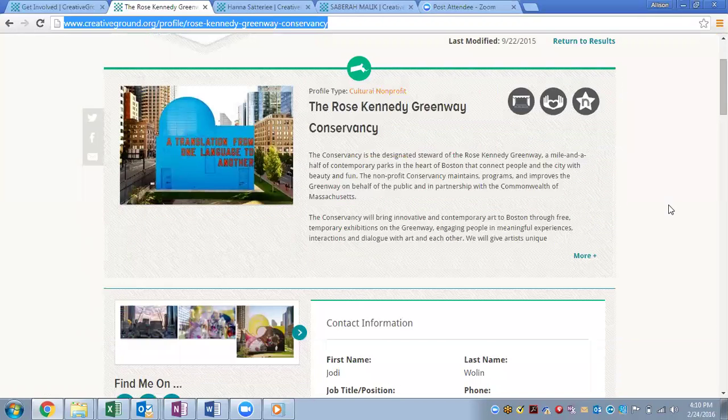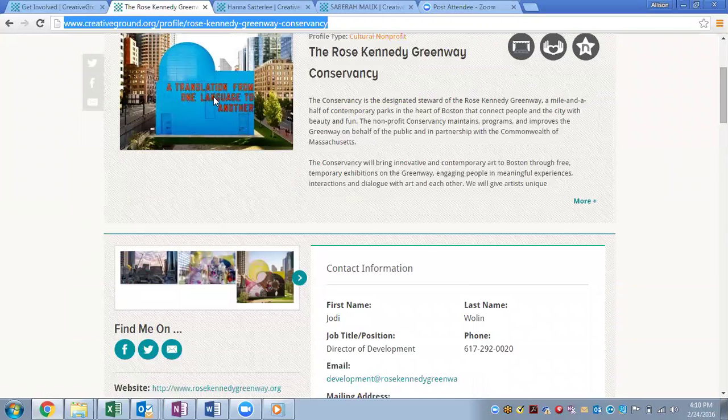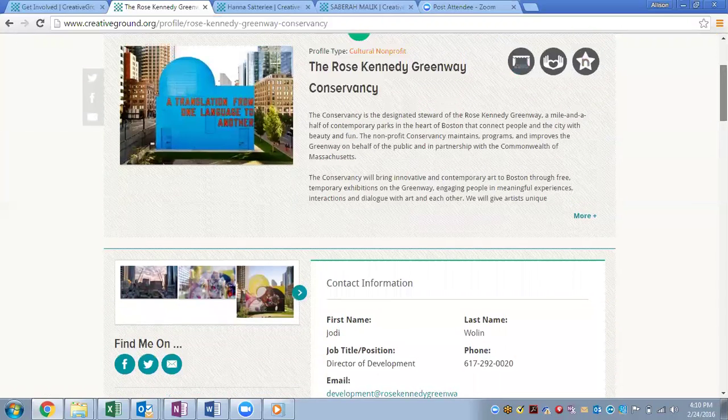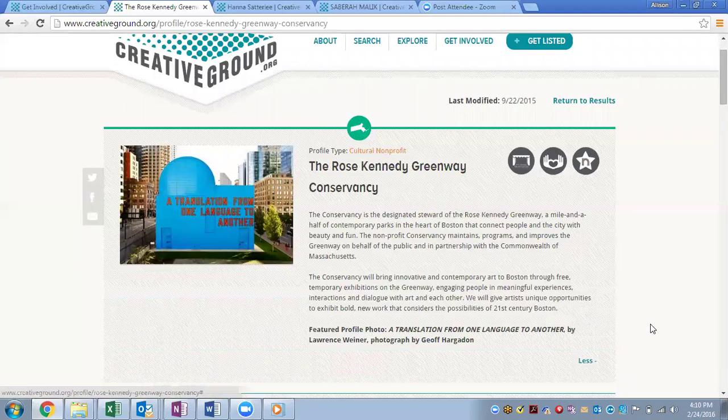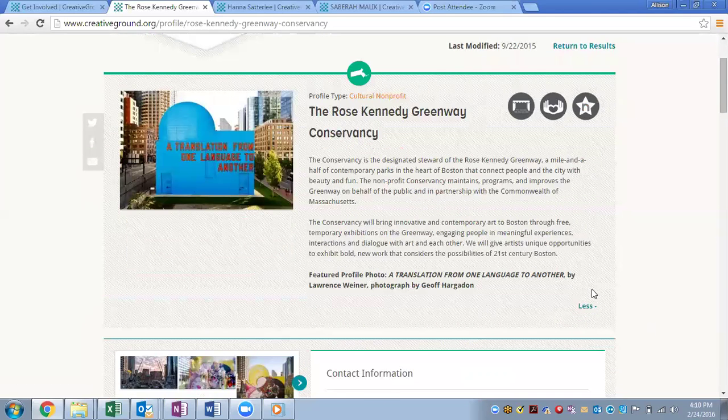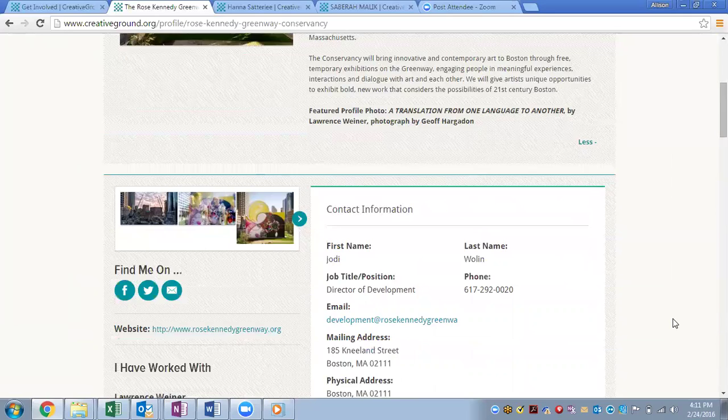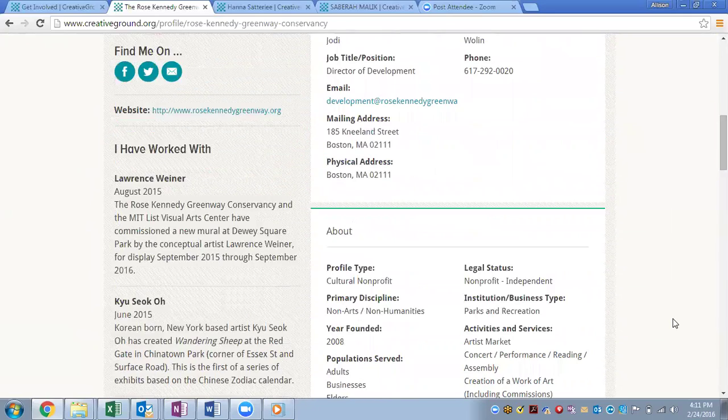So the Rose Kennedy Greenway, you can see they have a fantastic image to start of a public art project that was done in the park. Here they have a description of their work and what they do, some contact information,